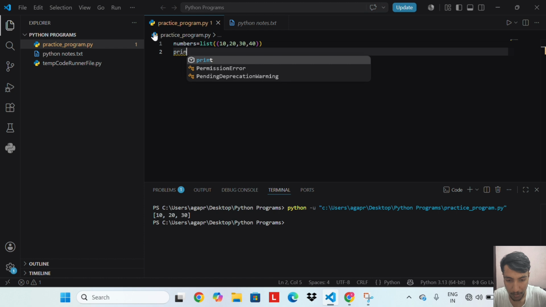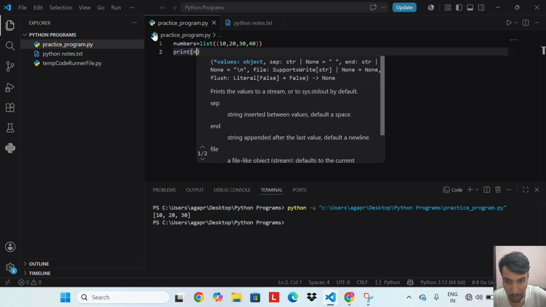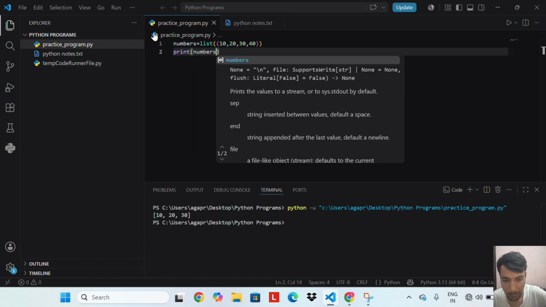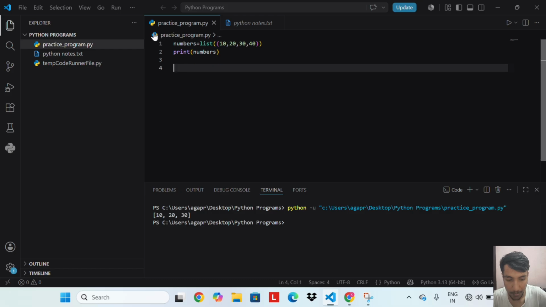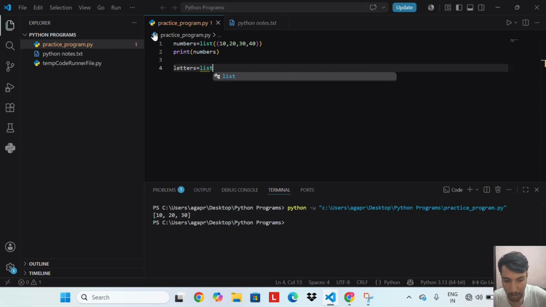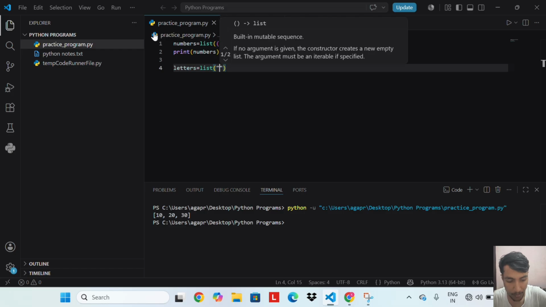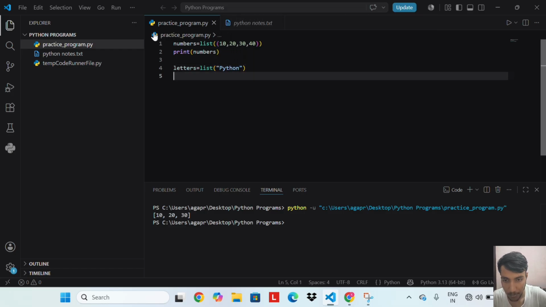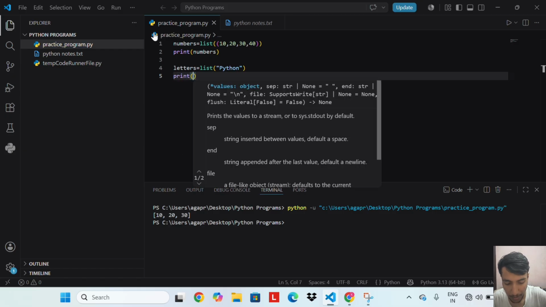Print numbers. Letters equal to list Python. Print letters.